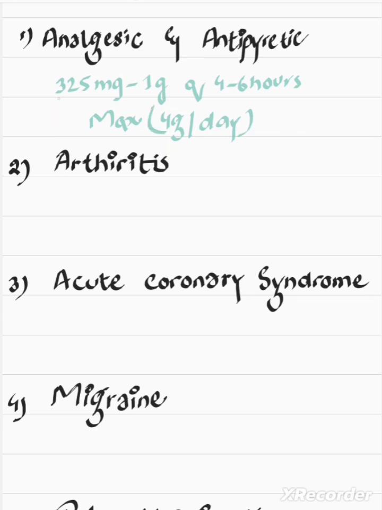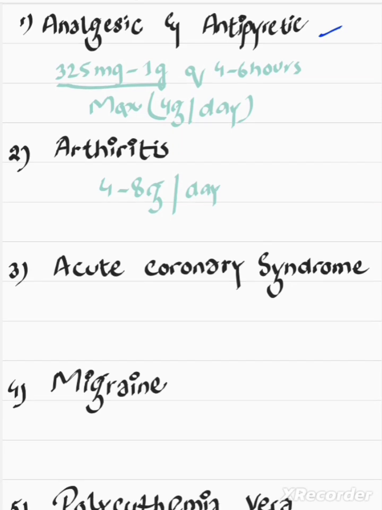We can repeat the dose of 300 milligram every 4 to 6 hours if we are using the aspirin as an analgesic or as an antipyretic. So if we're giving aspirin to our patient for treatment of fever or pain, this is the dose that we can give. In the treatment of arthritis, pretty high doses of aspirin are used, and we give 4 to 8 grams of aspirin per day.